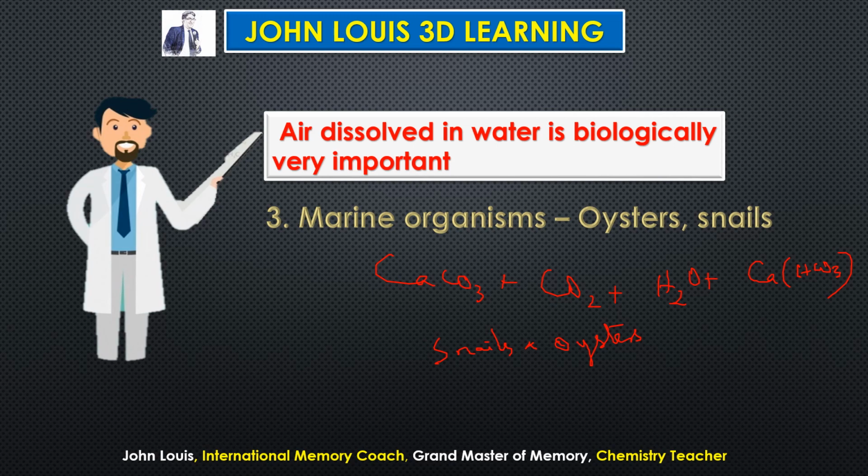We can say carbon dioxide is an impurity dissolved in water, but it gives shelter to small animals in the seas. Snails and oysters all produce their shells for safety using the dissolved carbon dioxide. See how important the dissolved air in water is biologically. To help you understand, we have given you three examples here. Like this, there are plenty of uses in our day-to-day life.